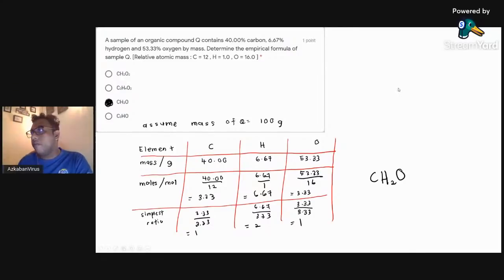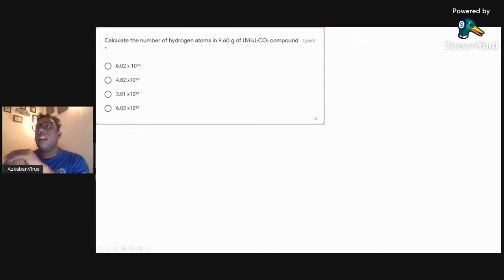Next question. Calculate the number of hydrogen atoms in 9.6 gram of (NH4)2CO3. So we are asked to find the number of hydrogen atoms. First things first, what do we do? We calculate the moles. So the moles of this